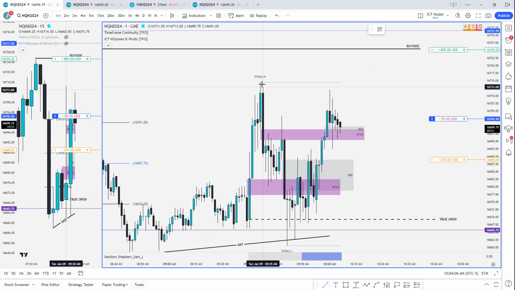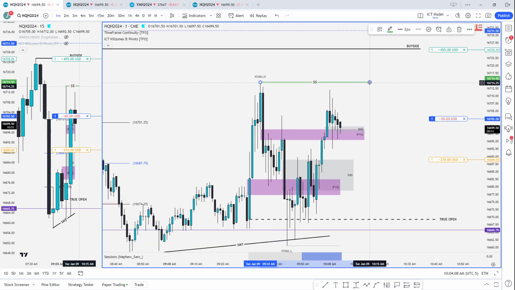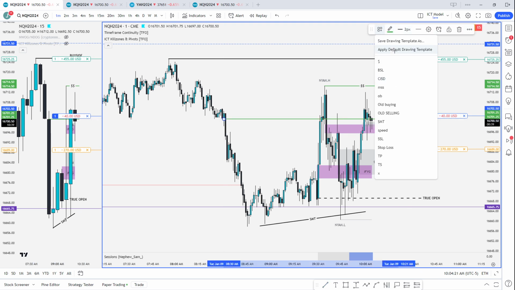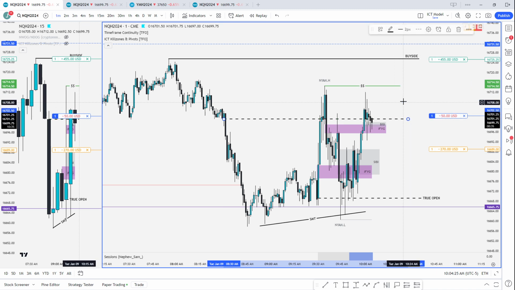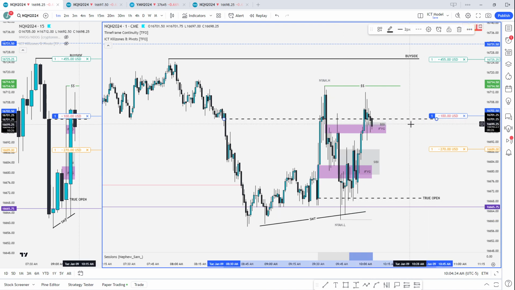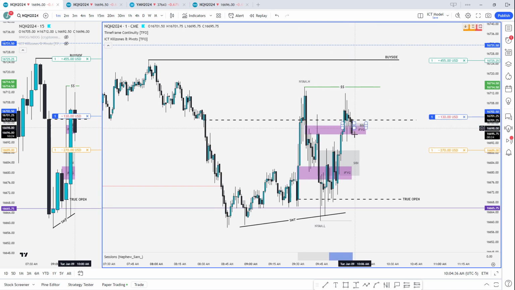So first target would be the AM high. If we're looking at it, even 8:30. If you want to use the 8:30 open, we're right around here. Move this. 8:30 opens right here. So right, still we got true open. Best shorts, or sorry, best longs happen below 9:30 and 8:30. But if you want to extend this 8:30 price out too, you want to see expansion above 8:30, a bullish